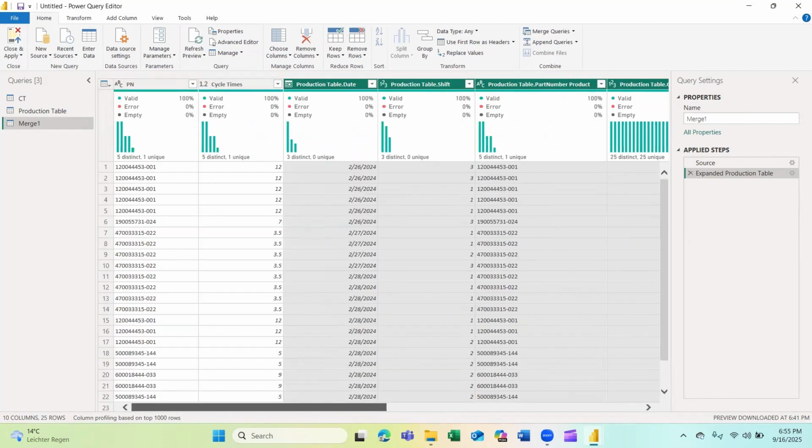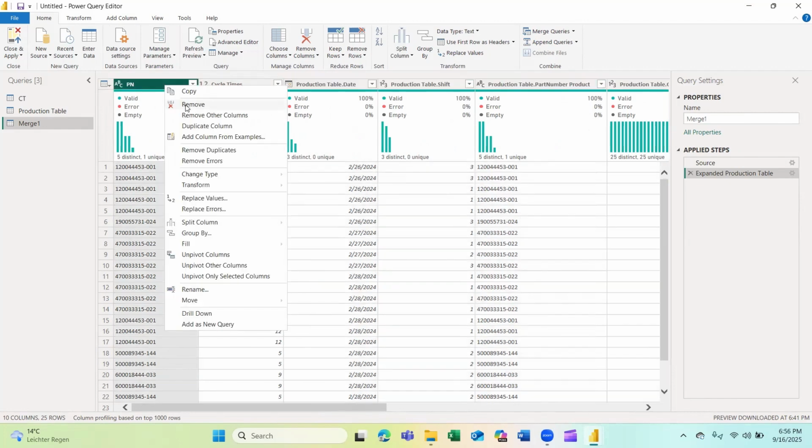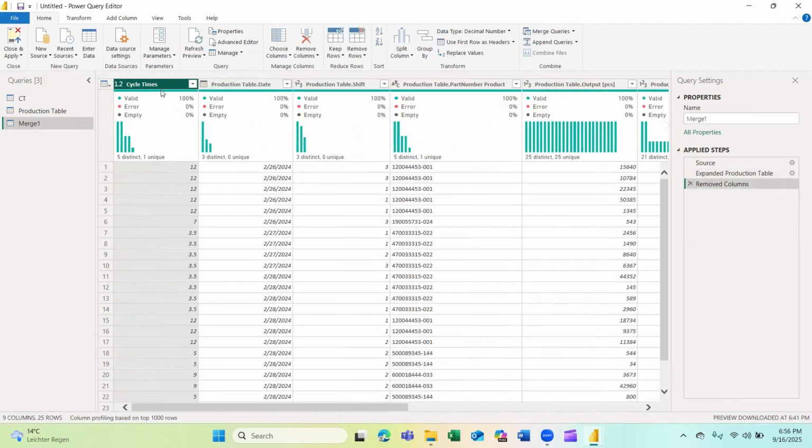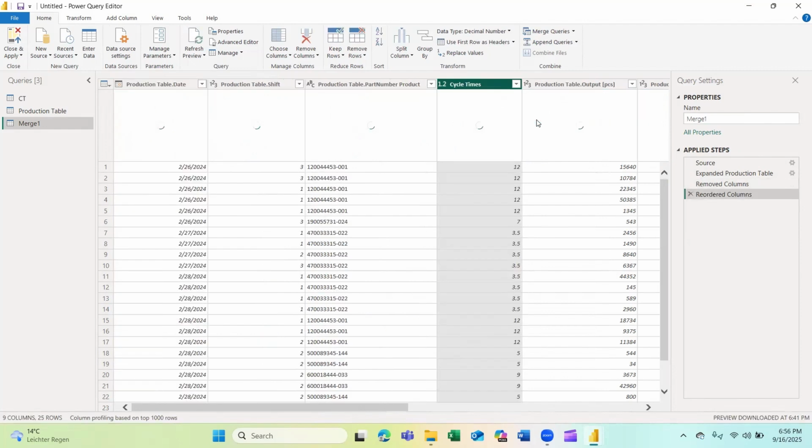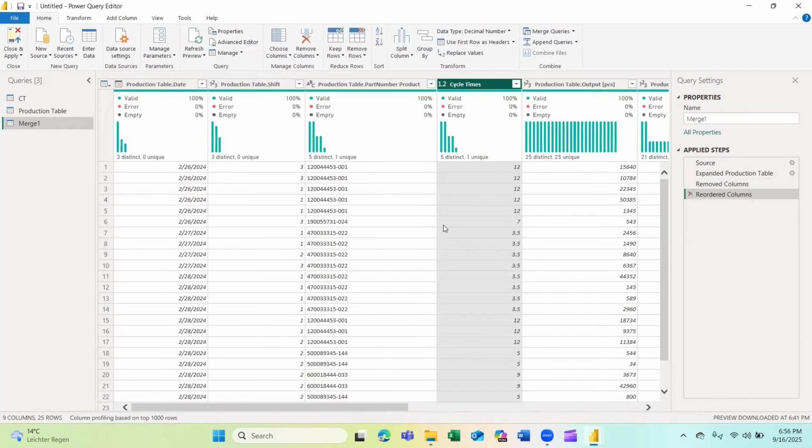Now what I can do, because I selected after part number, I also have here my initial column with part numbers from the production table. I can just delete this one. I can move now my cycle time column here, and everything is arranged. So for each part number we have all cycle times now.